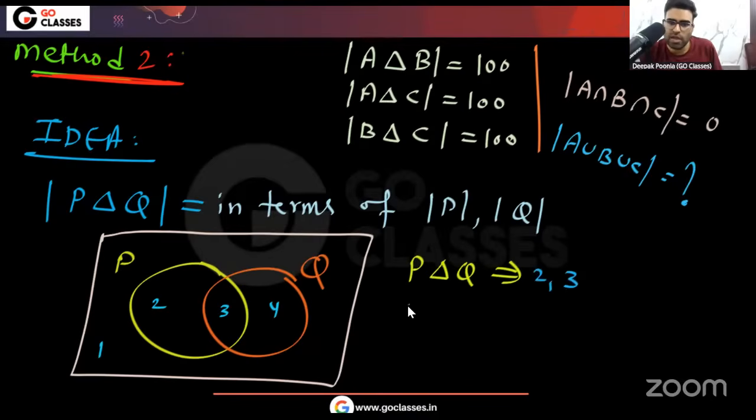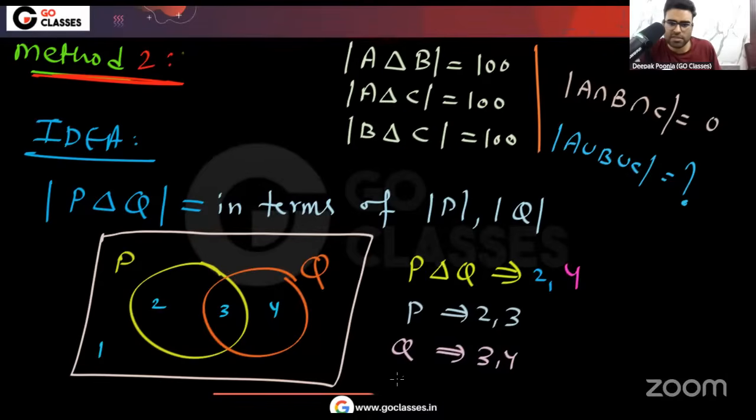Okay, yes or no? You can see in this P, which areas are coming? 2, 3 are coming. Sorry, P symmetric difference Q. In this P symmetric difference Q, areas 2, 4 are coming. In this P, areas 2, 3 are coming. In this Q, 3, 4 are coming. And you can see in this intersection, P intersection Q, that is your area